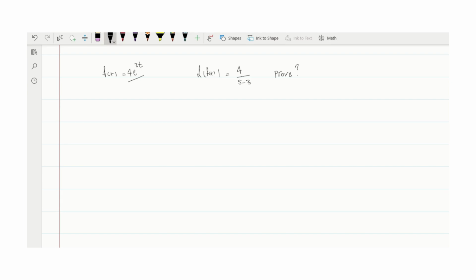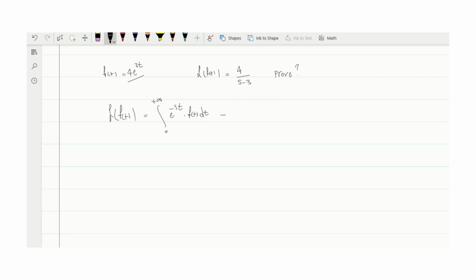Okay, for this example, we want to calculate the Laplace of f of t, and we want to prove the Laplace of f of t would be equal to 4 over s minus 3. For this, we're just going to use the definition of Laplace, which is Laplace of f of t would be equal to the integral from 0 to plus infinity of e to the minus st times f of t